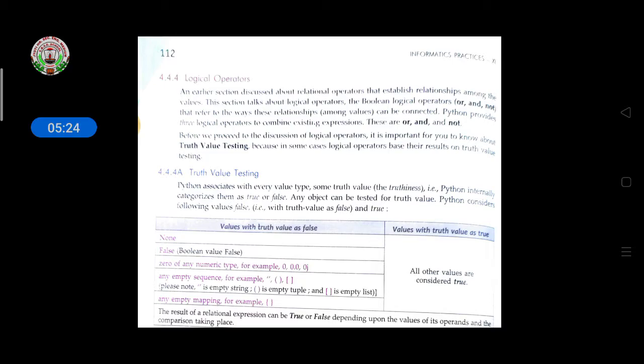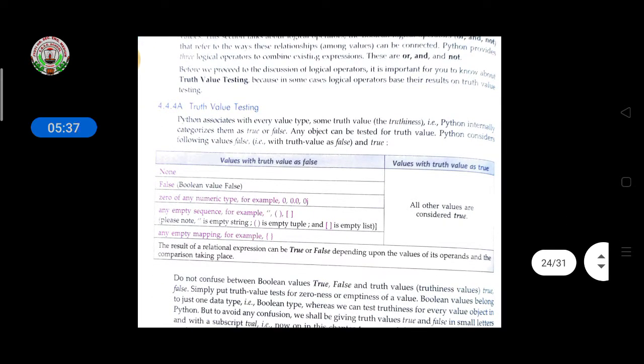Python provides three logical operators: or, and, not. Before we proceed with logical operators, it is important to know about truth value testing. Truth value testing means Python associates some truth value with every value type. Python internally categorizes them as true or false. Any object can be tested for truth value.